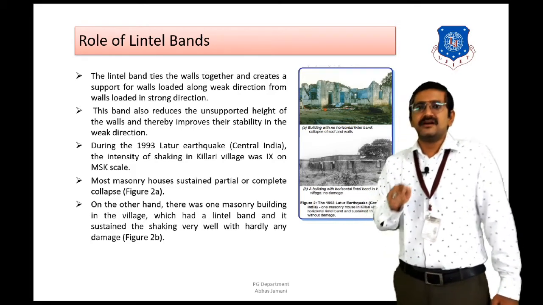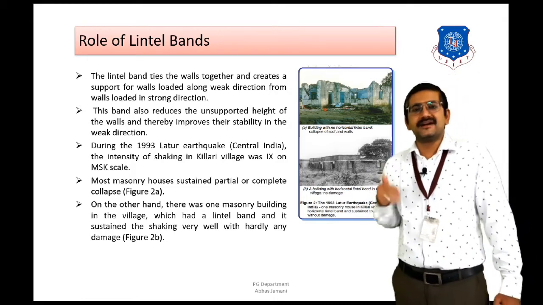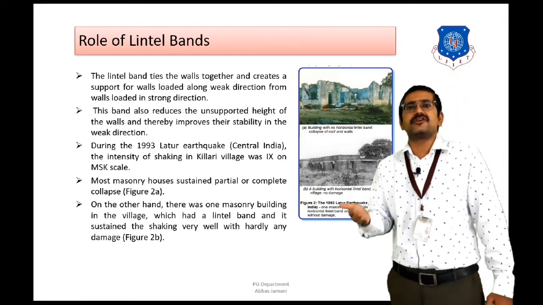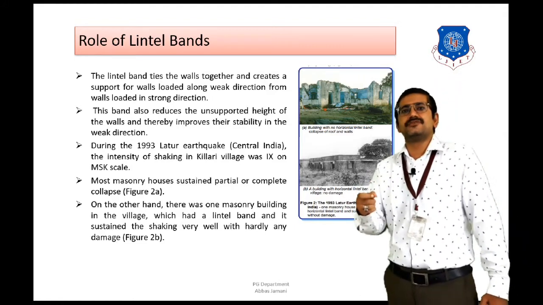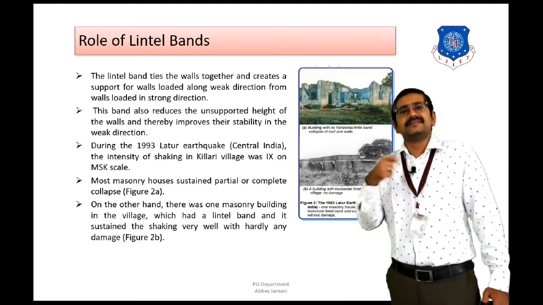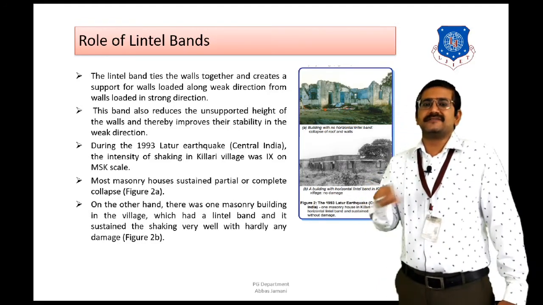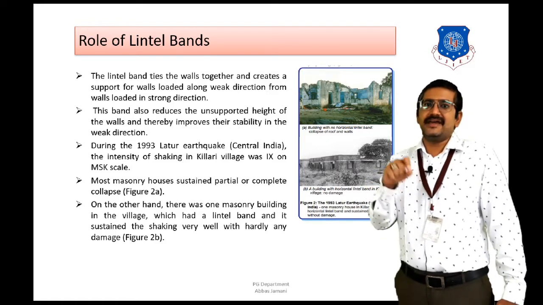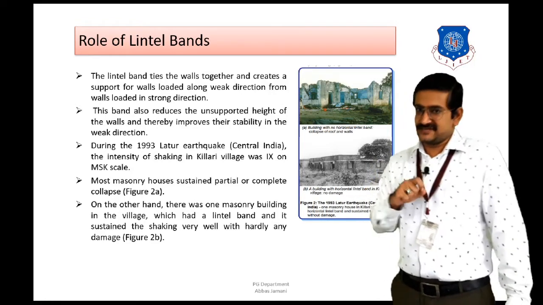Why? Because when the force is applied in one direction, for one type of wall, it will be a strong direction. For the other type of wall, it will be a weak direction. So whichever type of wall is going to be in the weak direction, that particular wall will be supported by means of the strong direction wall, and as a result, this action is going to act as a box unit, and it will be able to transfer the horizontal forces safely, right?